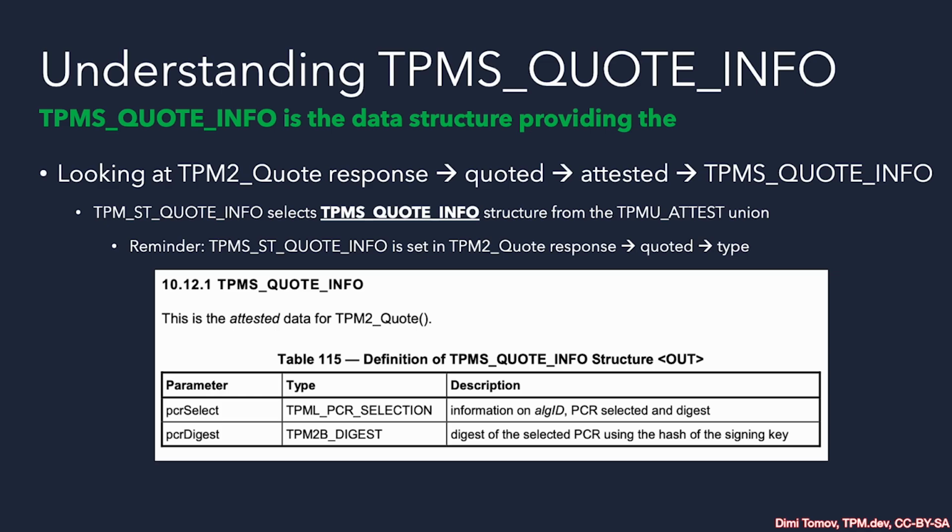Now that we know our TPM attestation type, which is TPM_ST_ATTEST_QUOTE, we can directly look at the TPMS_QUOTE_INFO structure. And because we are already several levels deep into the TPM2_Quote response, here I've provided a brief overview of where we actually are. From the TPM2_Quote response, we looked at the quoted structure, which holds the evidence data in raw format as a buffer. Then we looked at the attested structure, which again holds the evidence-specific data, other than the magic value of the TPM, the version of the TPM, or the extra data that we added as the caller to the TPM2_Quote.